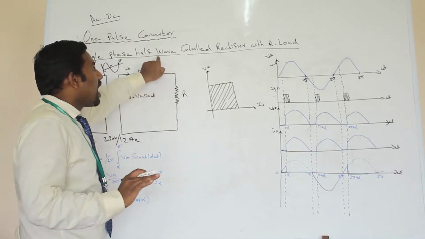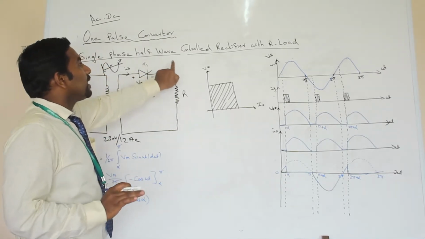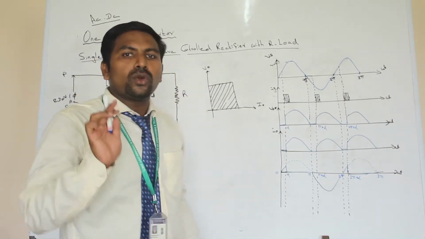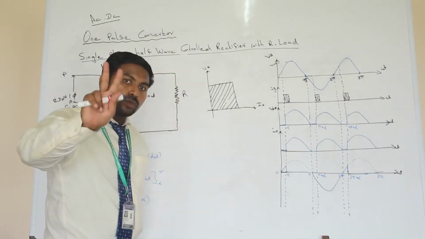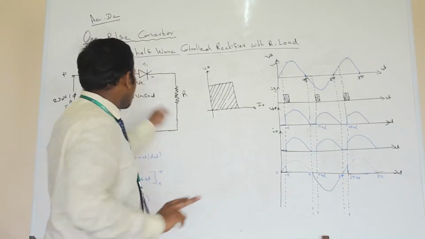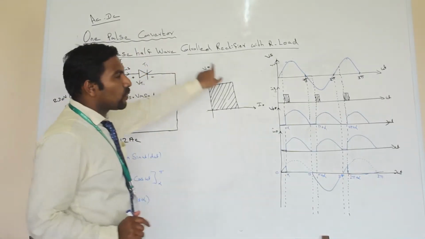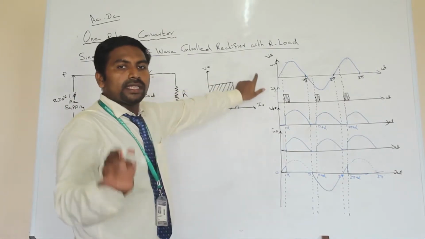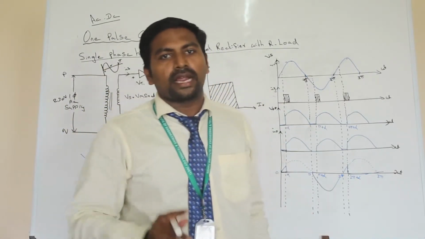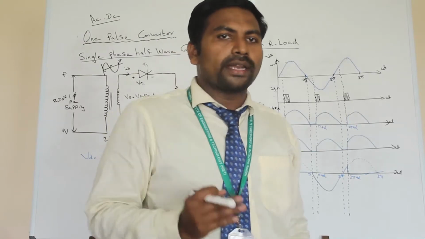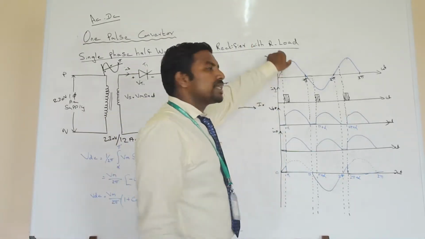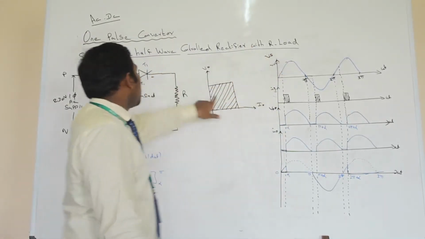So it is called the half wave converter. And here we are using a controlled switch. I have told you there are two different types of switches. So here we are using a controlled switch, so it is called the controlled rectifier. Again, there are different types of loads: R load, RL load and RLE load. So here we are using an R load. So it is called a single